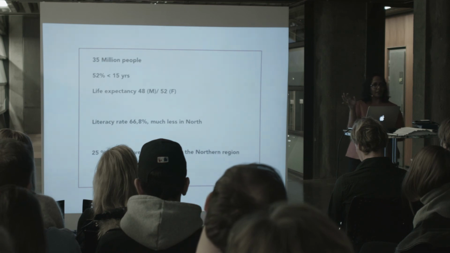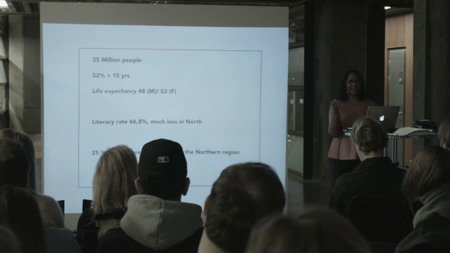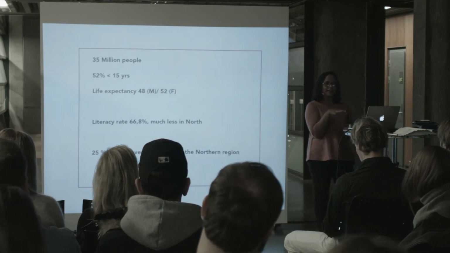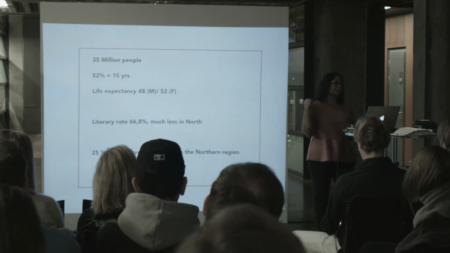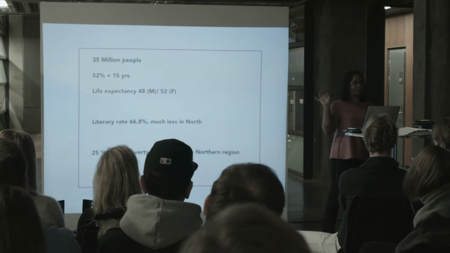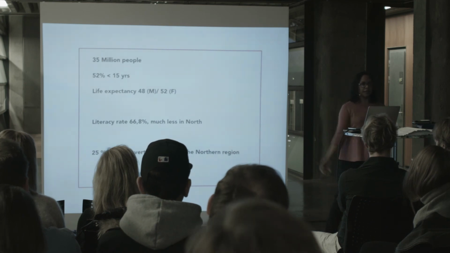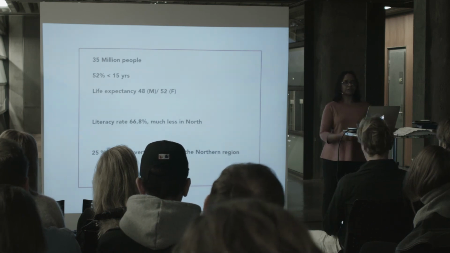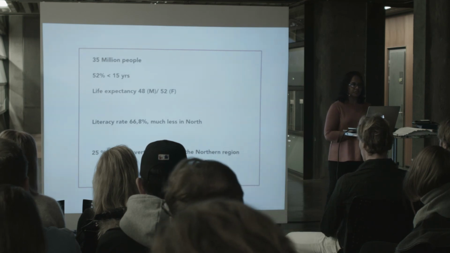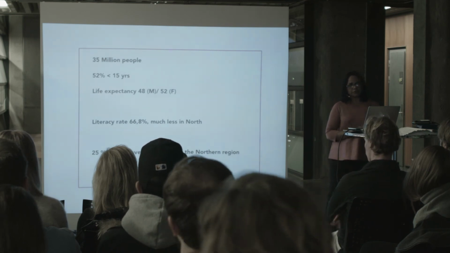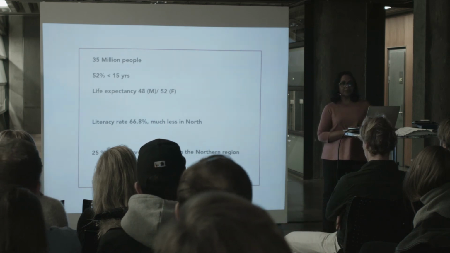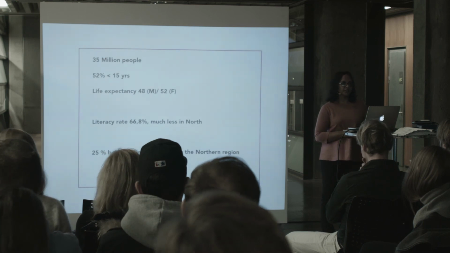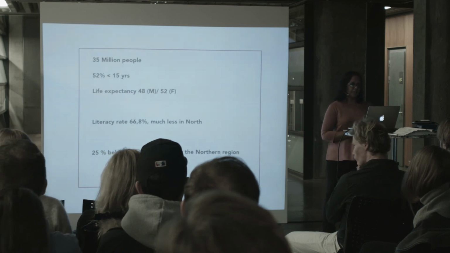I cannot really avoid going to the statistics again, but I try to resist the temptation of coming up with solutions just by looking at the statistics. But the statistics might be very important to give a backdrop of what we did when it comes to developing an education solution. 52% of people in Uganda are 15 years or below. 70% of the population is below 25 years old. So it's a very, very young population.